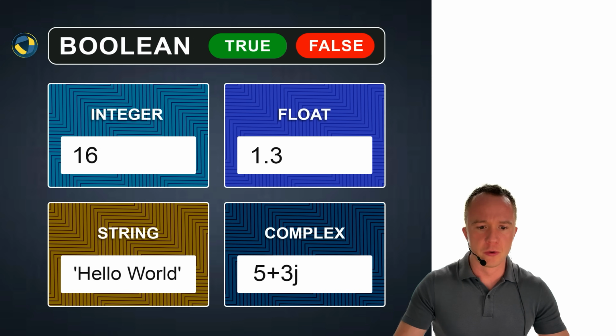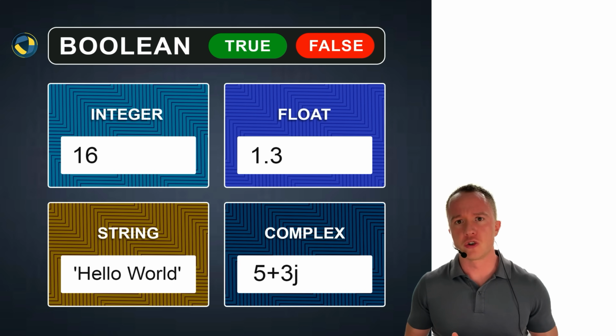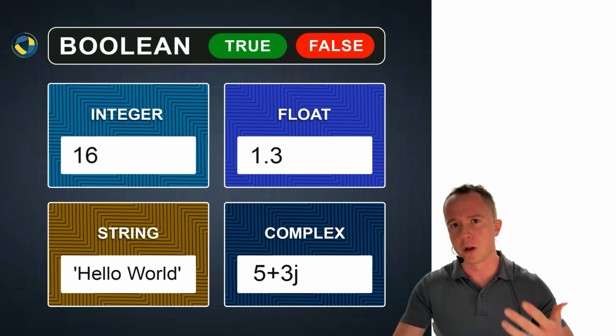I created an overview graphic where you can see it again. So Boolean can only be true or false. Integers are all numbers without a decimal point. Floating point numbers do have a decimal point, and complex numbers have an imaginary unit. And then we have strings for text. Let's have a closer look at strings, and with a little example, it should become clear why we need to